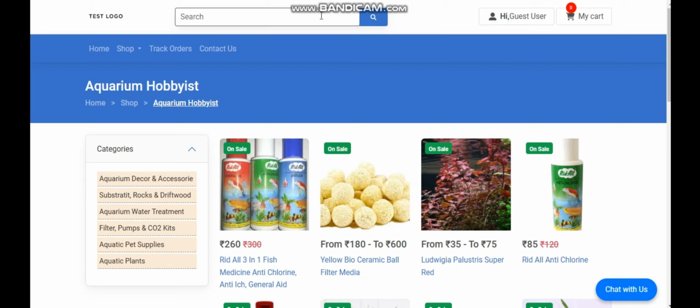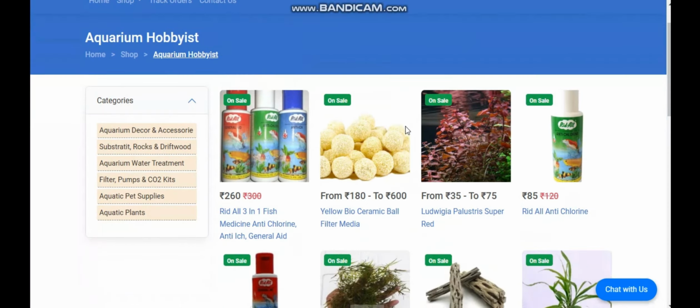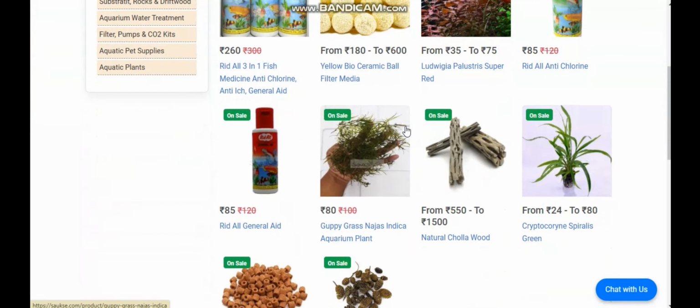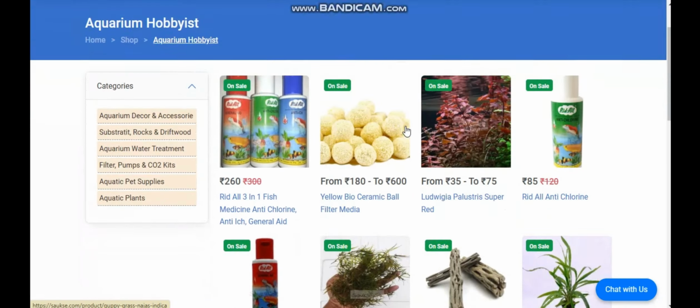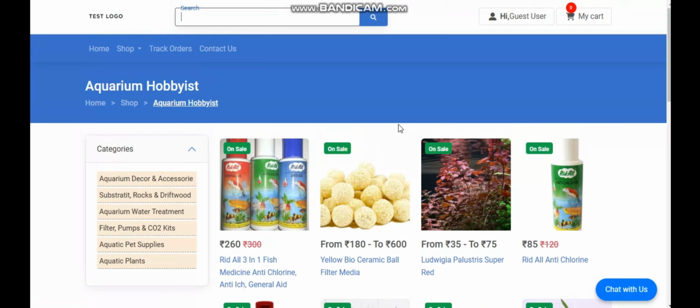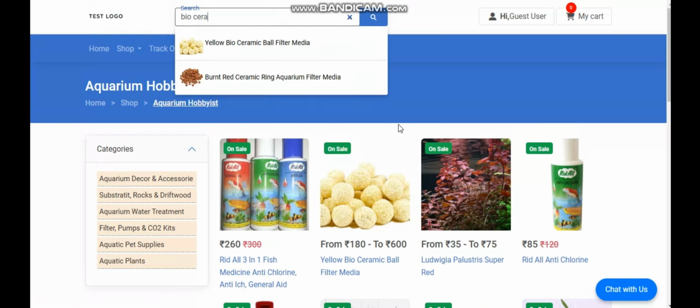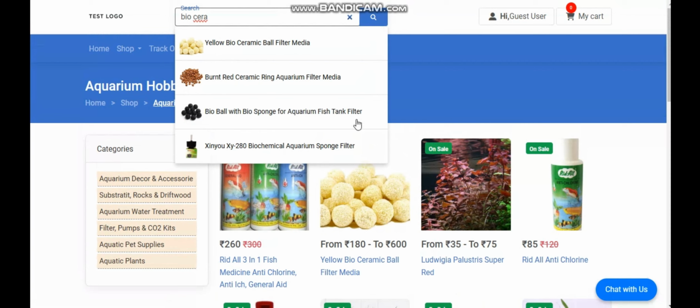If we start typing anything in the search bar, let's say we type bioceramic bowl, once we type these keywords, this query directly goes to Algolia, and if Algolia is not able to cater the response,